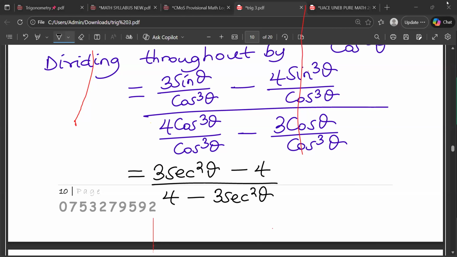Yes, Rebecca, tell us. The sec squared theta comes because if you see in the numerator, I have 3 sine theta over cos cubed theta, and then in the denominator I have 4 cos cubed theta over cos cubed theta. So the cos cubed theta in the numerator and the denominator cancel out. And whenever I have a sine over a cos,